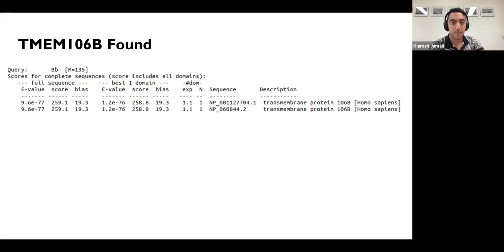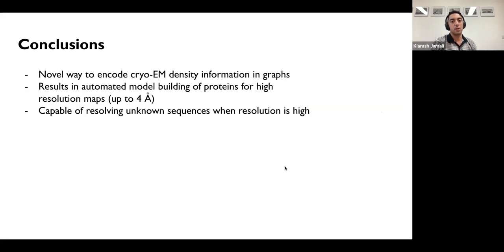map. And so the conclusion is that we now have a novel way to encode cryo-EM density information in graphs for machine learning purposes. It results in automated model building of proteins when the resolution is high enough, so up to 4 angstrom. Of course, as you get closer and closer to 4 angstrom, the results get worse.